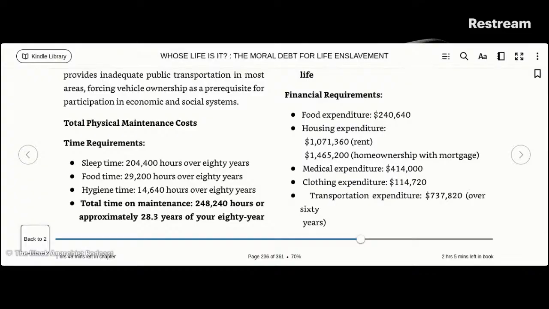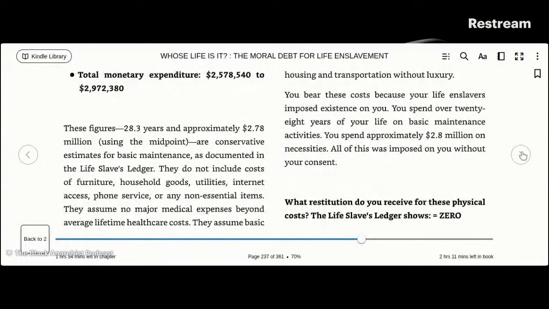Medical expenditure, 414,000. Clothing expenditure, 104,720,000. Transportation expenditure, 737,820 over 60 years. Total monetary expenditure, 2,570,540 to